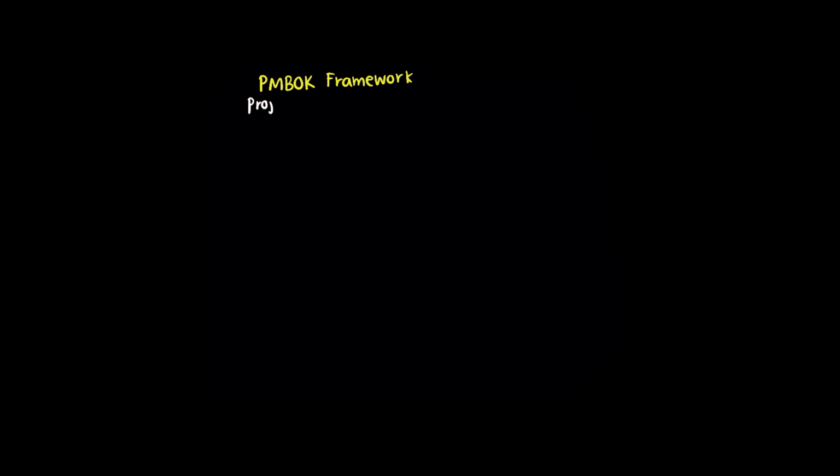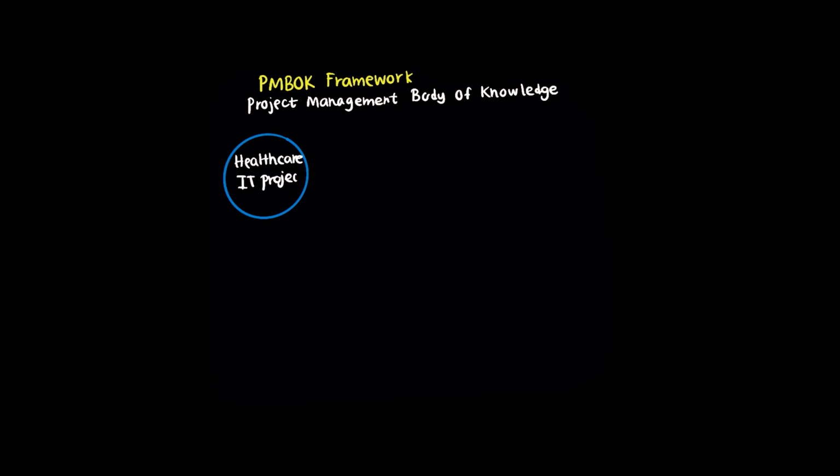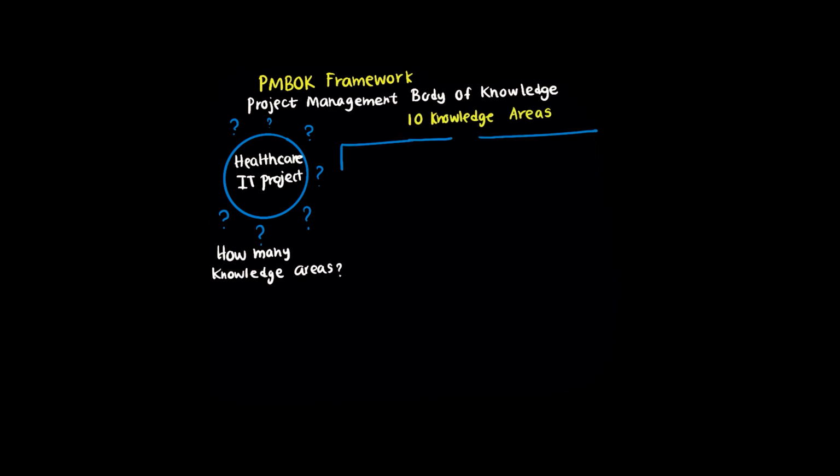The Project Management Body of Knowledge, created by the Project Management Institute, serves as the definitive guide for project management professionals worldwide. It organises all the essential aspects of managing projects into 10 knowledge areas. Think of these as 10 different lenses through which you need to view and manage your project. These 10 areas are project integration management, which ties everything together, scope management, which defines what's